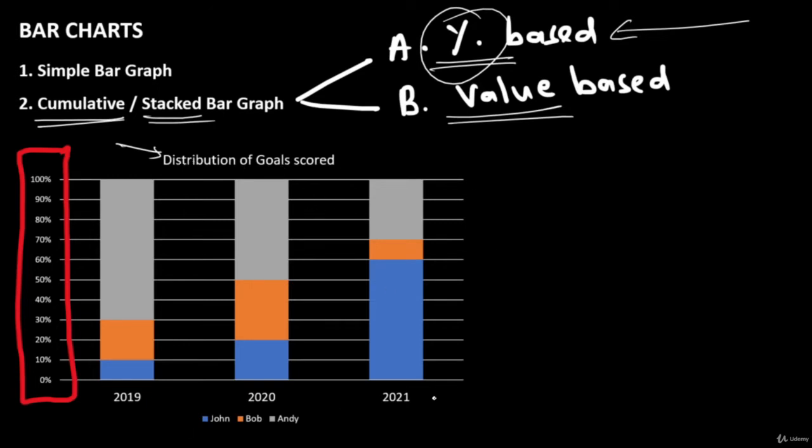All right, and in the x-axis you have years, right? This is 2019, this is 2020, and this is 2021. You have a legend that says blue indicates John, orange indicates Bob, and gray indicates Andy. All right, now